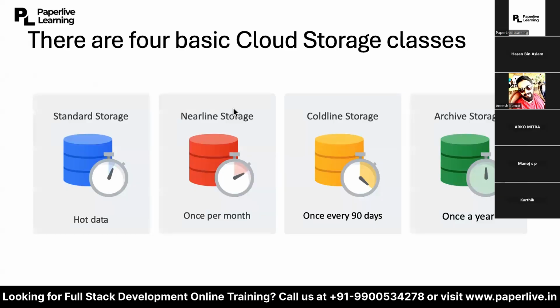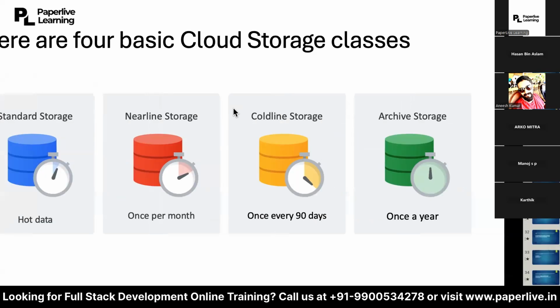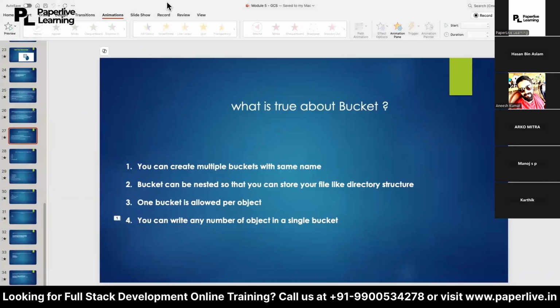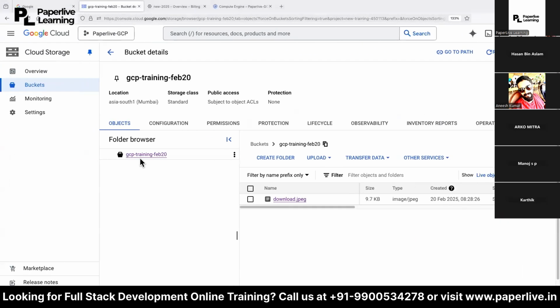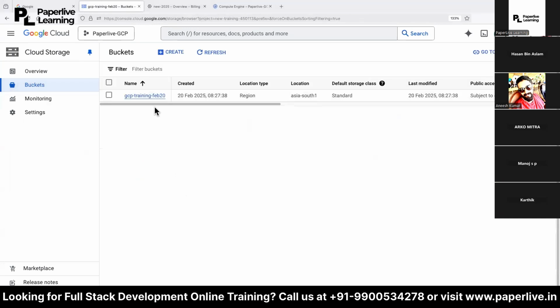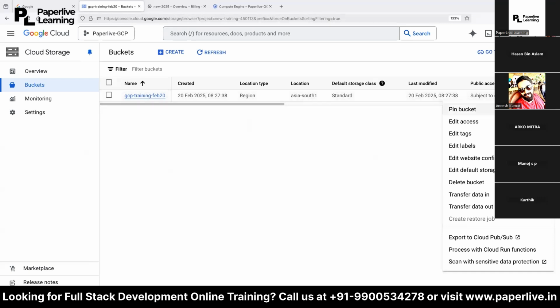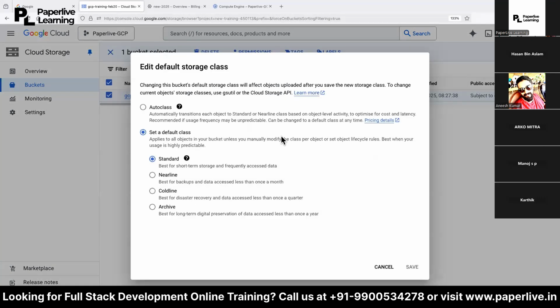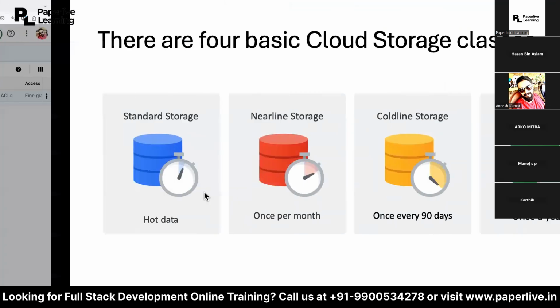Okay, one is the storage class, the area I skipped. While creating the bucket, you had the option to choose different storage classes. Here there are many options. I'll come to this later. Standard, Nearline, Coldline, and Archive. And after creating also you can change it. It means